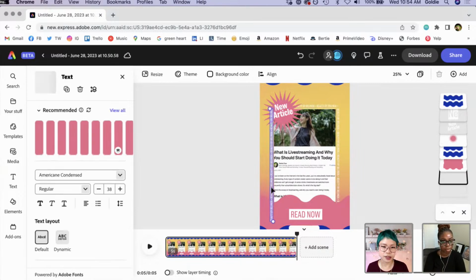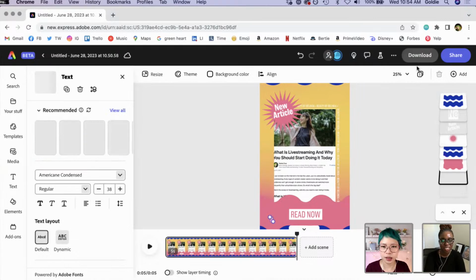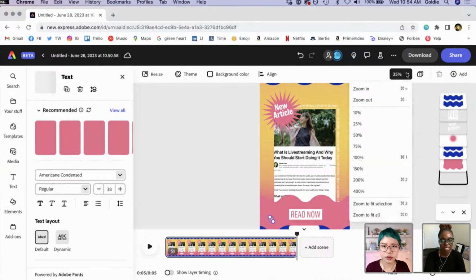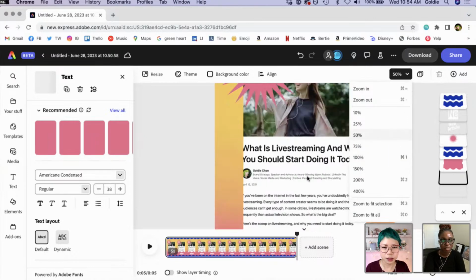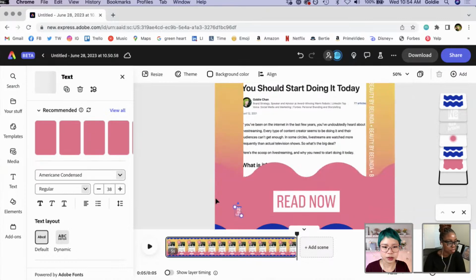So this now says Beauty by Belinda, which probably is not what we want. Not relevant to the article. But we can maybe change that to, let's get in even closer than the 25%. We're getting 50%. We're gonna scroll down and we're gonna write, whoop.